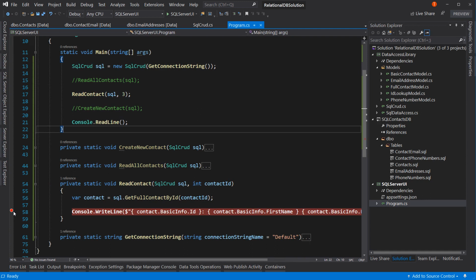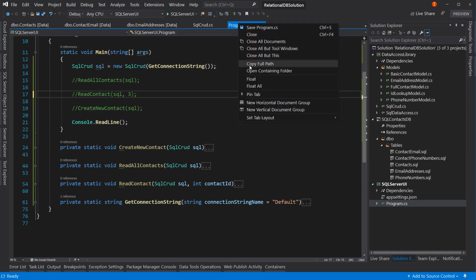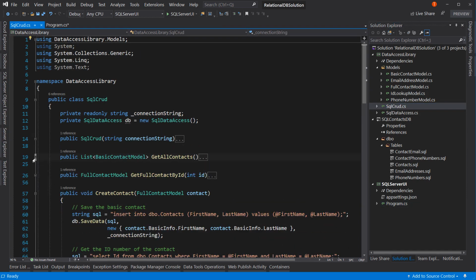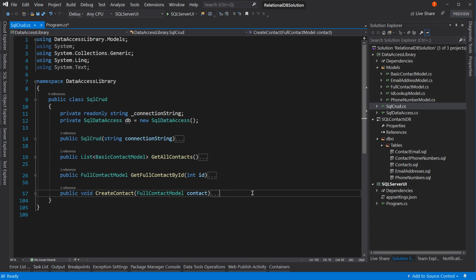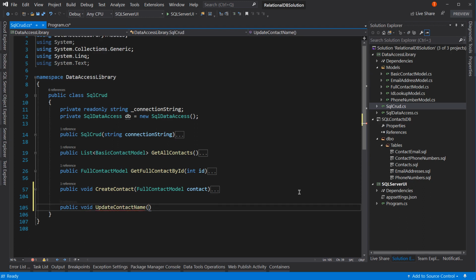So now we have an insert working, and it's a pretty complicated insert. We have a read one and we have a read many. Now let's talk about our update statements. Again, we're going to close all but this, and we're going to open up SQL CRUD again. And let's collapse down all of these. Actually, we won't leave anything open. We're going to do a public void update contact name, and we're going to pass in the basic